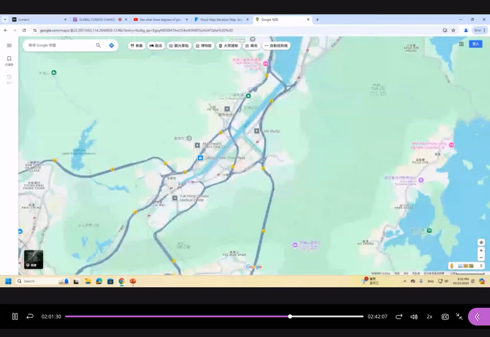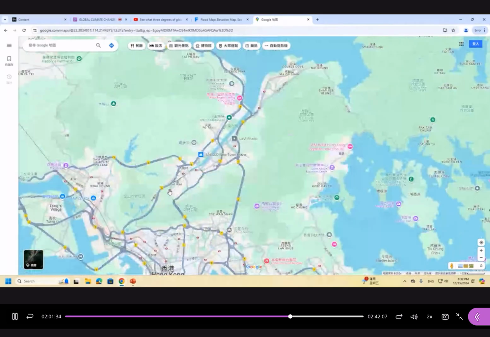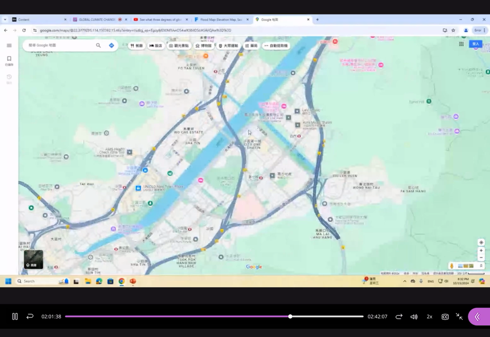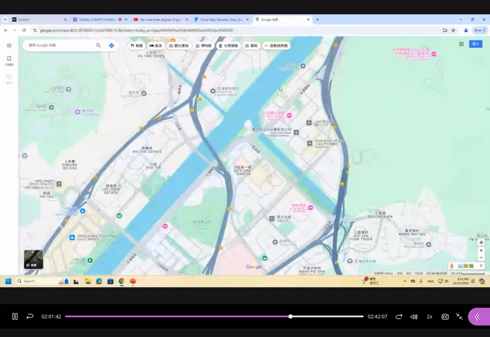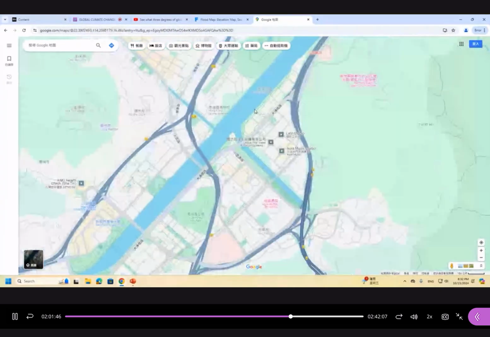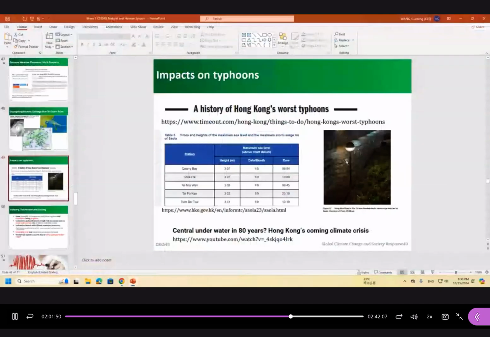So this is the river from the mountains to the sea. In the figure, this area is the small trail for riding or walking. You can see that on normal days there's no water. This is for pedestrians here, but on typhoon days, the sea water just floods this road.